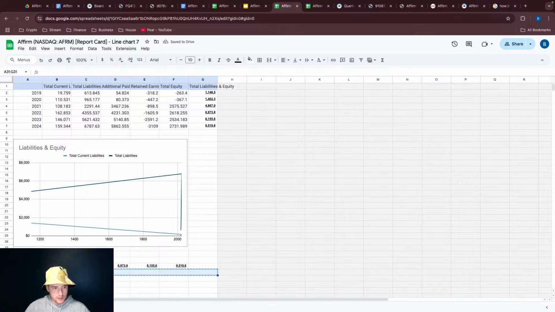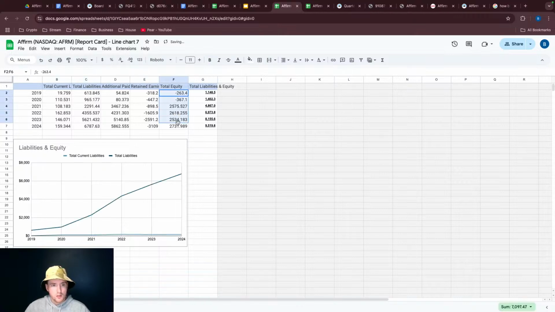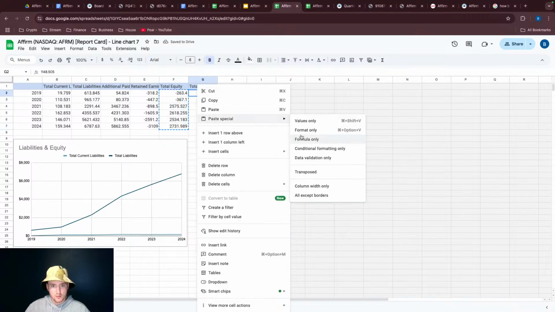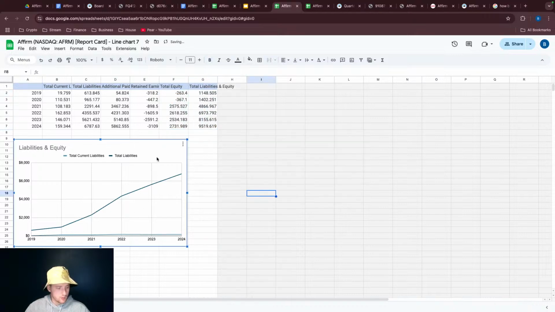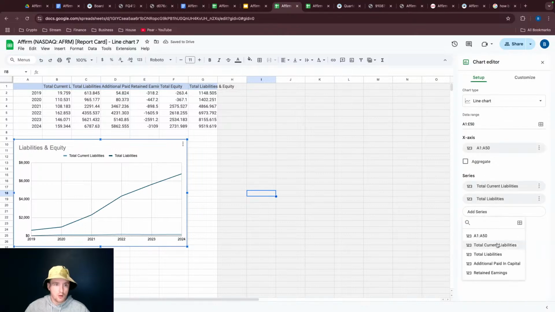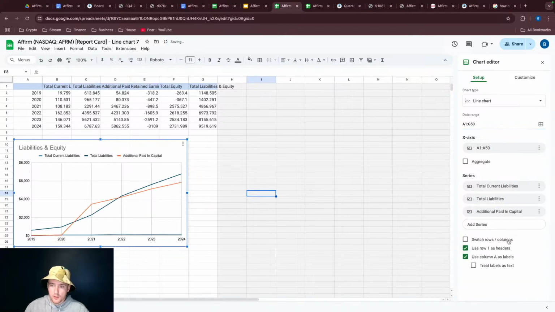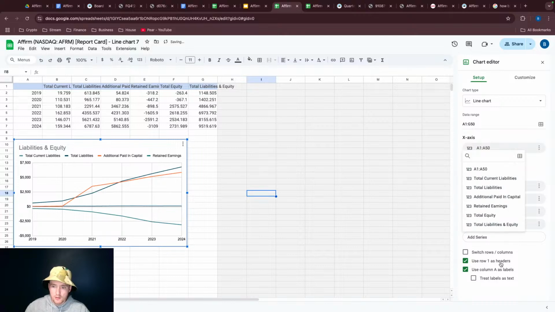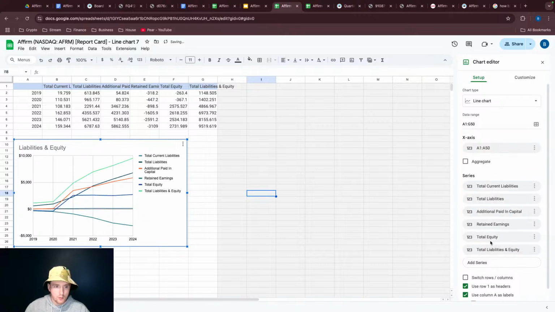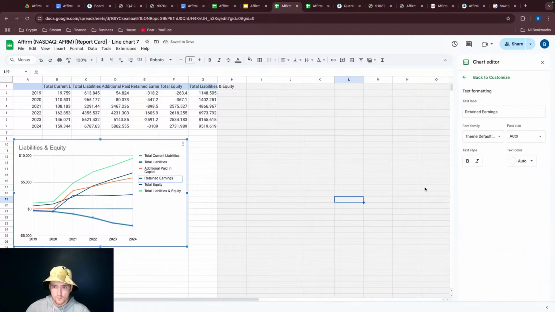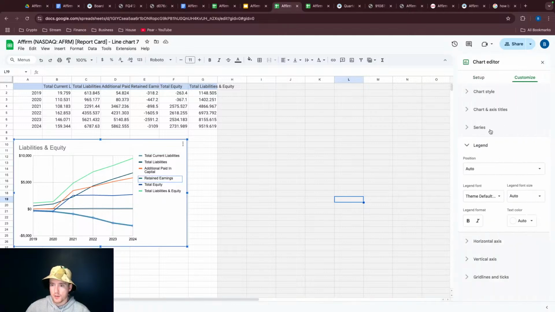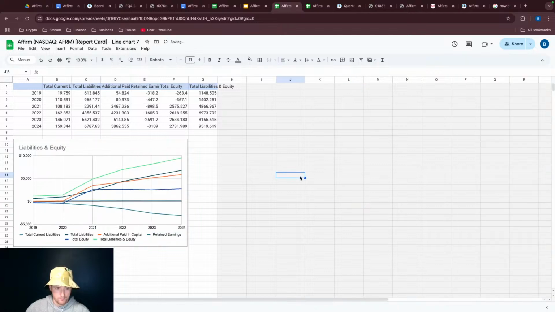Okay, let's get rid of that. Format only. Okay, bring them all in. We got total current, total liabilities. Oh, I need to change this to G. So additional paid-in capital, retained earnings, total equity, total liabilities and equity. We're going to put the legend on the bottom. Legends of the Hidden Temple. All right, so